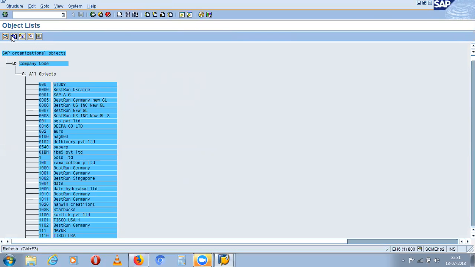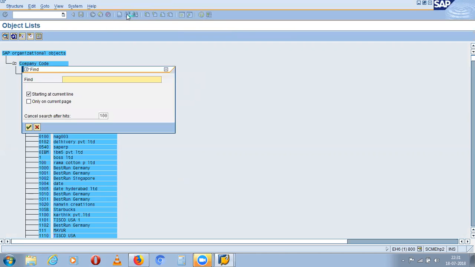Click on these, go to the top. You have that find, just like we were positioning, right? Find for ASH. ASH is your company, right?